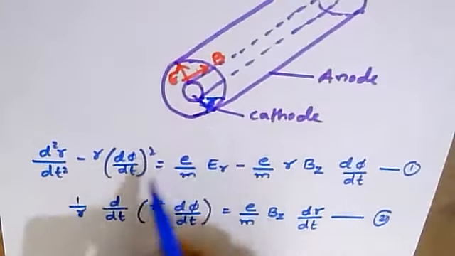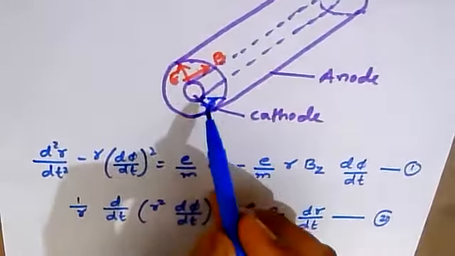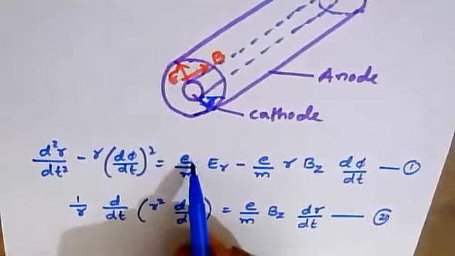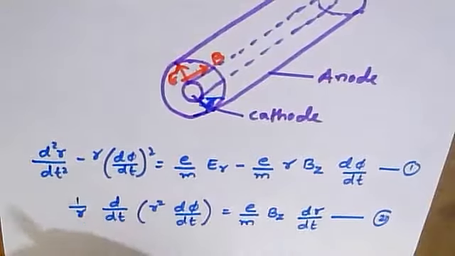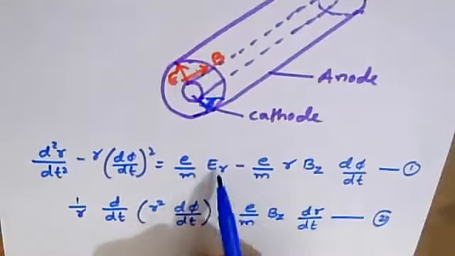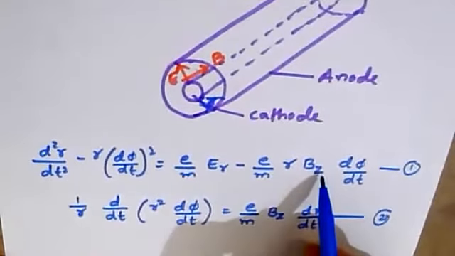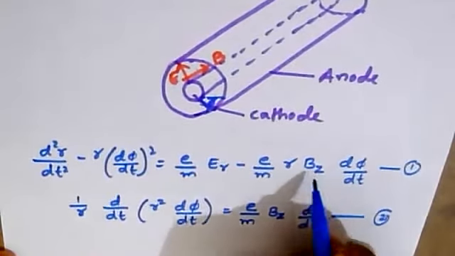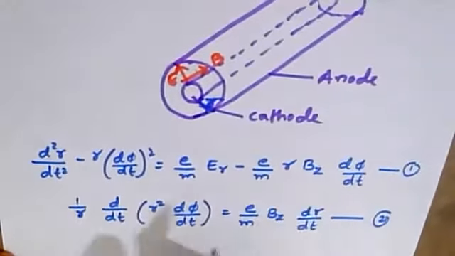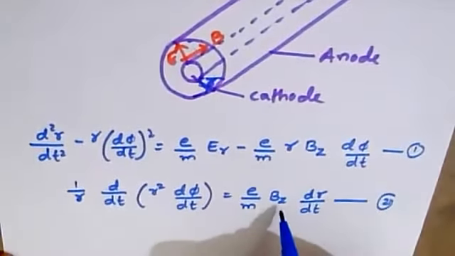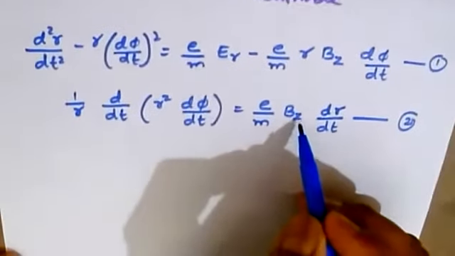With what angle has the cavity been maintained? What is the phase change? Okay, and e is the charge, m is the mass, and in the presence of the electric field there is a radial effect over here, and Bz is nothing but the magnetic field which is provided along the Z direction. So these are the two simple equations which we need to remember here in order to proceed with the derivation for